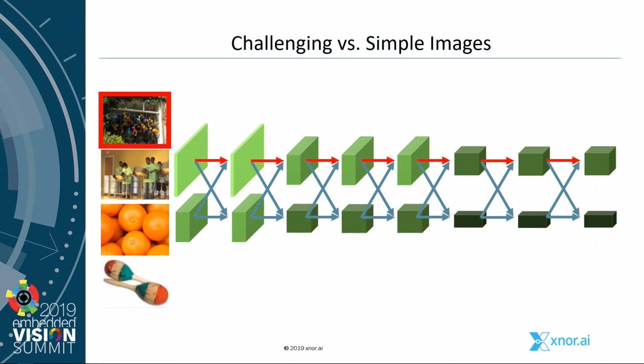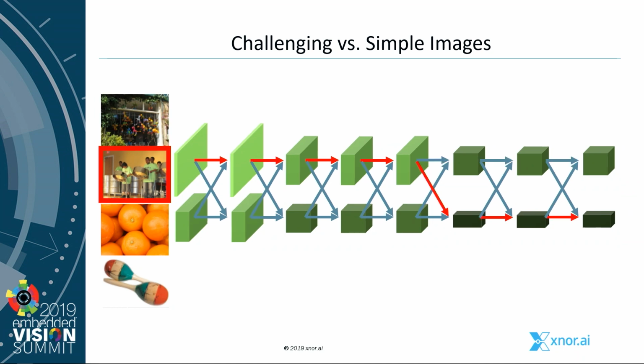And some other images don't have many small objects. They don't really need high resolution all the way through the network. And some images actually don't have any small objects. They are very simple images that can all be processed with a low resolution path. So if we just put a decision at each layer, and we learn this decision function so that the network at each layer can decide which resolution path it wants to go, in this way, per sample, we can be more efficient